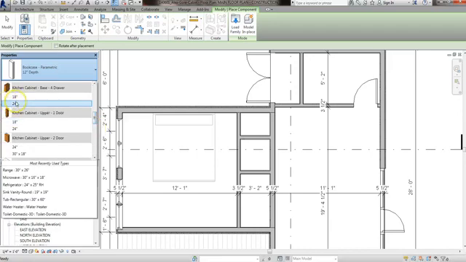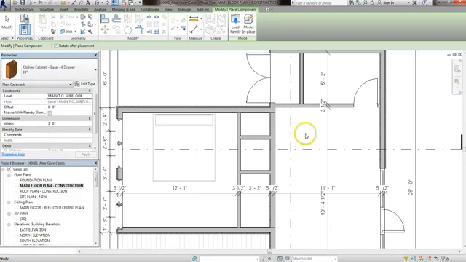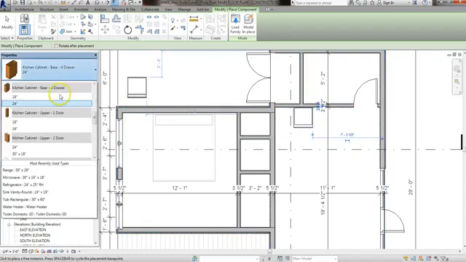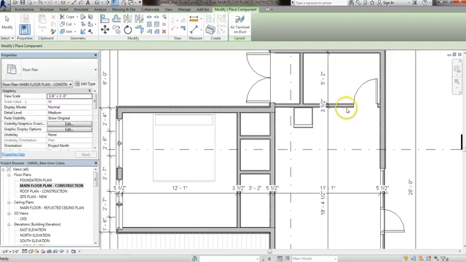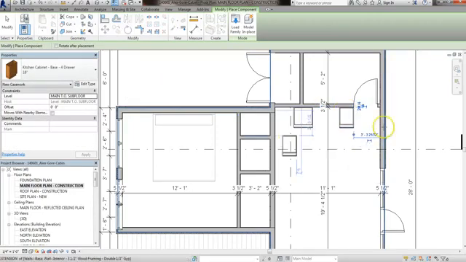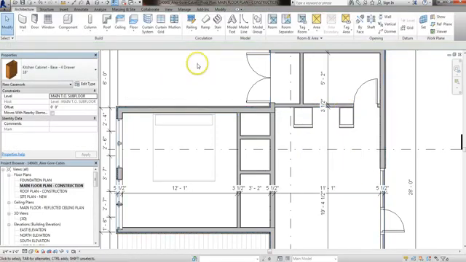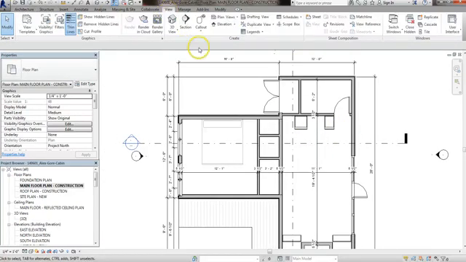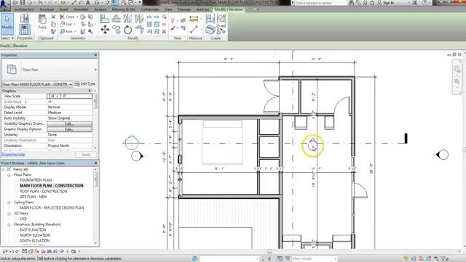And let's do your base cabinet, 24. It's probably 18 over on the other side. And once you get all of these in, what you can do is create a view, an elevation view,